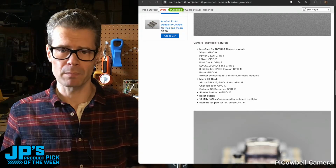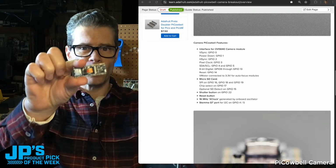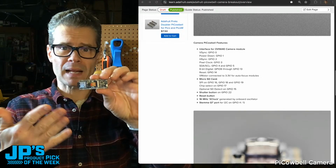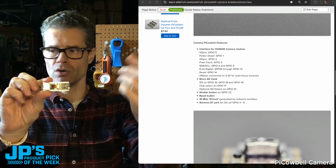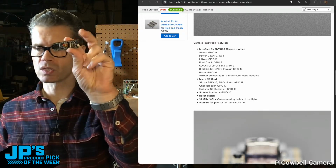What else? There's a reset button built on. There's a STEMMA QT port. So if you wanted to do other interface stuff, maybe add a rotary encoder and do a little camera interface. If you want to have this automatically take pictures when something is in front of a certain distance, and use a little ultrasonic sensor or a break beam or something like that, you could attach that using the STEMMA QT